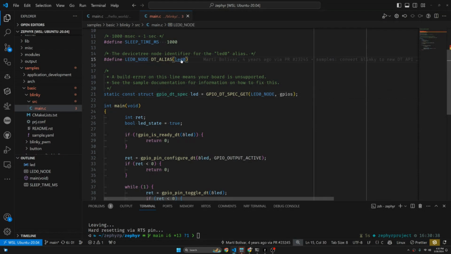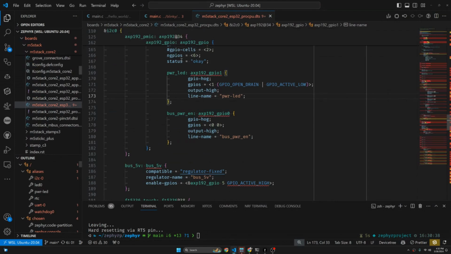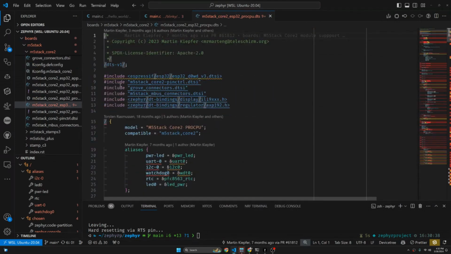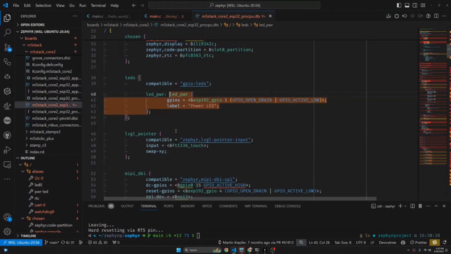And if I go to my M5 Stack Core 2 device tree definition, so it's a mouthful, and maybe as part of this getting started, you might find that there is a lot in there. But the thing is, it's already been done for you, right? The M5 Stack Core 2, if you have one, then you're not going to have to write the device tree. It already exists. And one thing that's already there is the definition of what LED 0 should be,